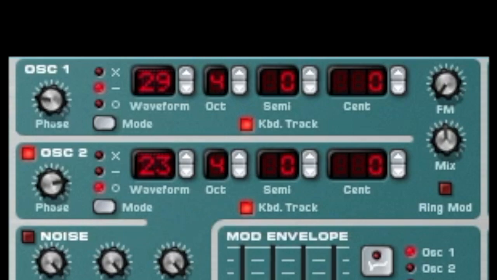So we haven't done very much there, but all we did was scroll through sounds and play with the phase knobs here, and now we've got a totally different sound. All right, so